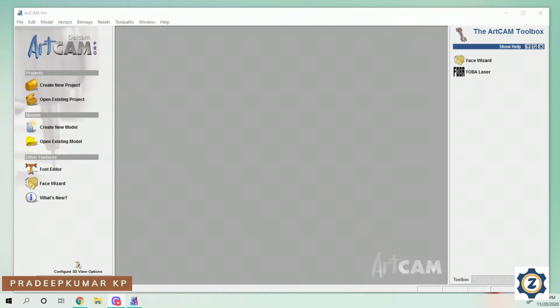as with any programming, first we have to create a new model, which defines the size. You have to click create new model.